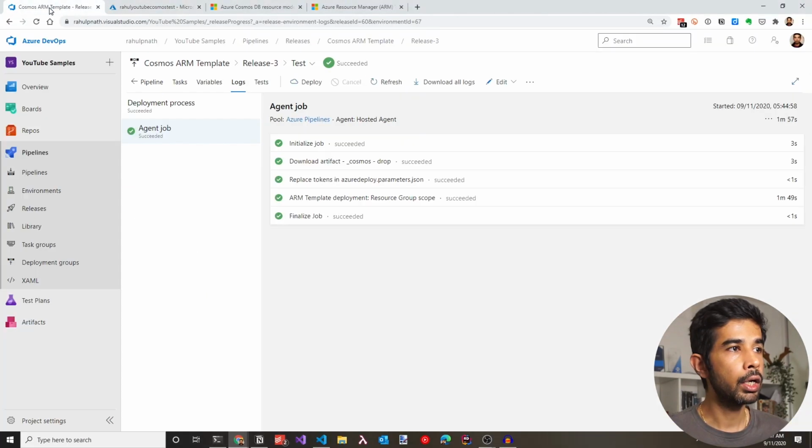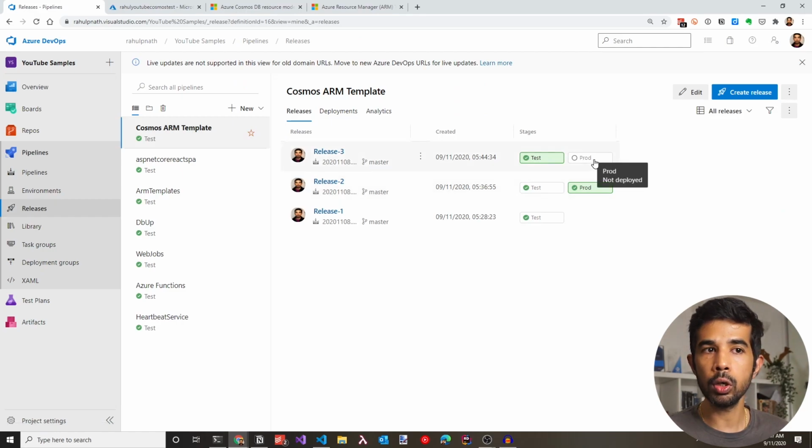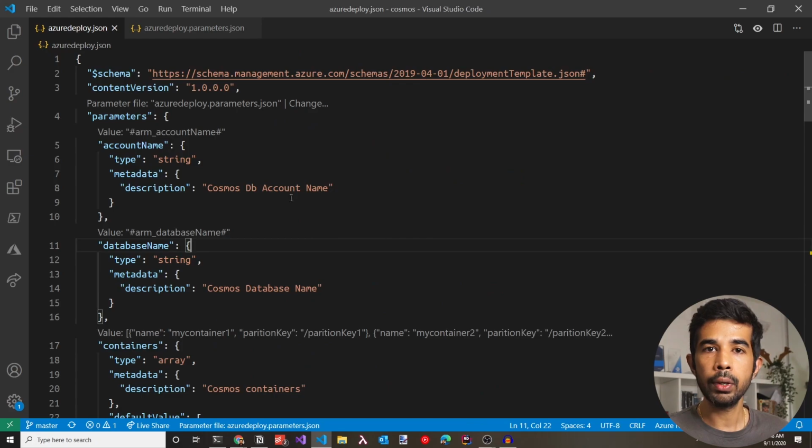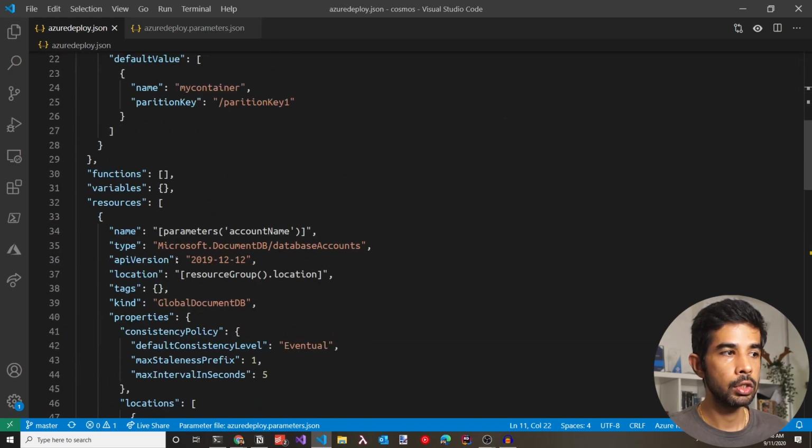If we switch back to DevOps and go to the Cosmos ARM template, you can manually promote this into the production build, as you did before. The Cosmos ARM template that we created has a few old API references. So if you look at this, this has an API version of 2019. You can update this manually to have the newer API references as well.